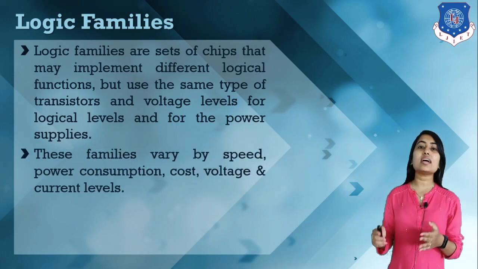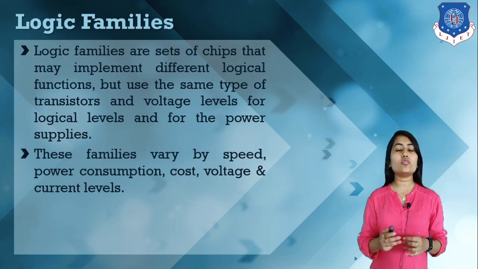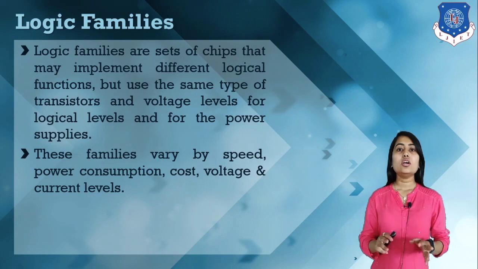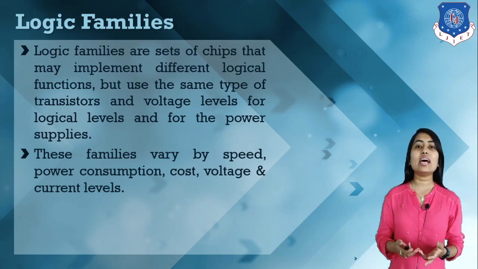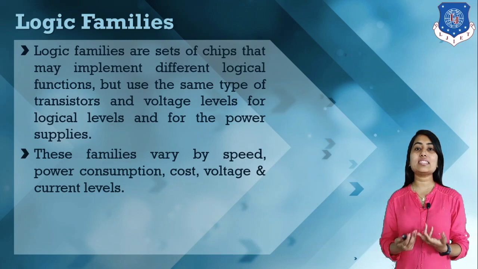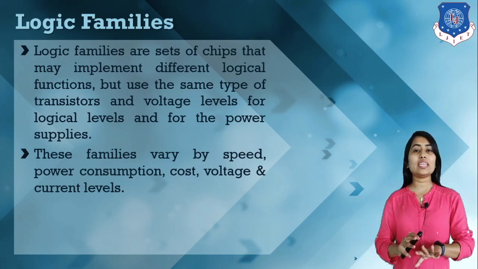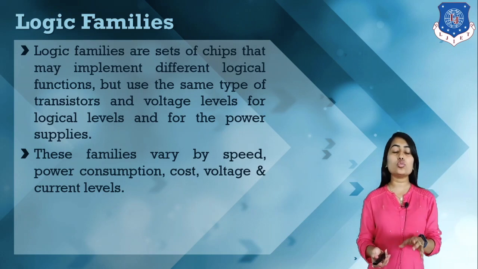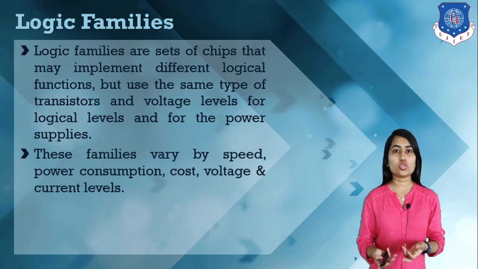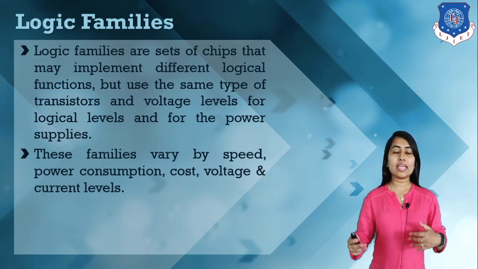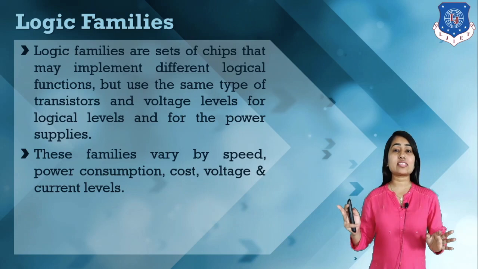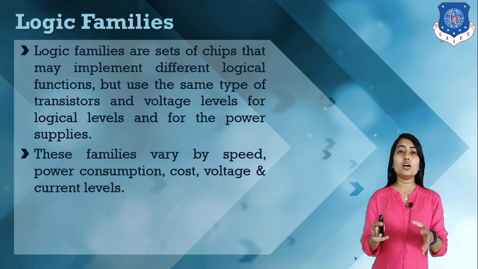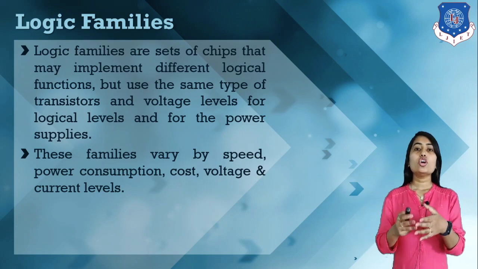These logic families basically differ in terms of propagation delays and power dissipation, that is, speeds and powers. Here we have different kinds of integrated circuits, which are basically used to perform various logical operations. We know that we have NAND gates, AND gates, NOR gates, etc. So how can we perform that?